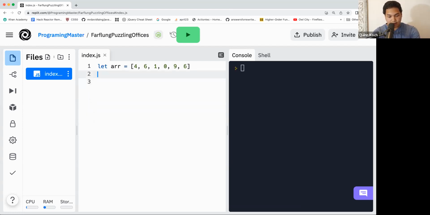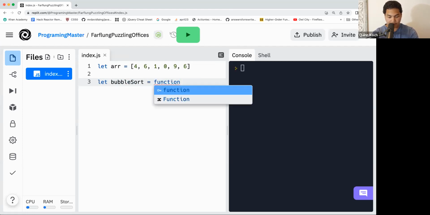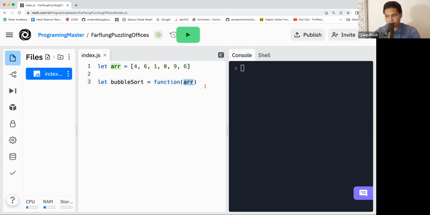So let's get into actually writing the function, or writing the actual way you would do bubble sort. I'm going to write it in 3 different ways. The first way is going to be the most simple, then I'll write it in slightly more efficient ways. But first of all, I'm going to make the function: let bubbleSort equal function, and then left parenthesis, and then I put array here, or arr. arr is the standard programmer abbreviation for the word array. So let bubbleSort equals function(arr),